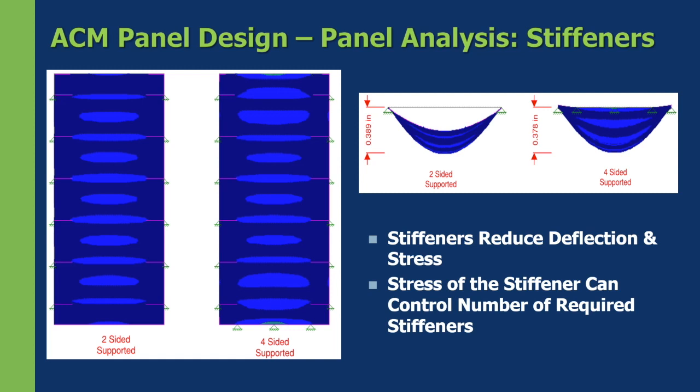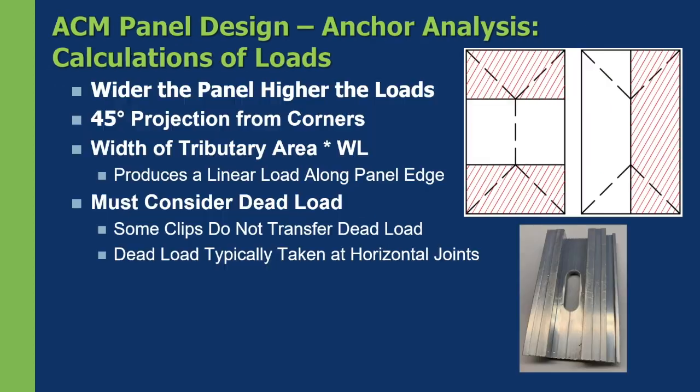And the architect may go, well, what do we need to do to prevent that? And then we can have the conversation of reducing panel sizes, changing the deflection criteria, what have you. So when we start looking at the loads of the panel, we really start to break down into more engineering analysis, deeper engineering analysis. So basically, we take a 45-degree projection down from the corners and divide the panels into halves. And what you get is these areas that we have shaded in red